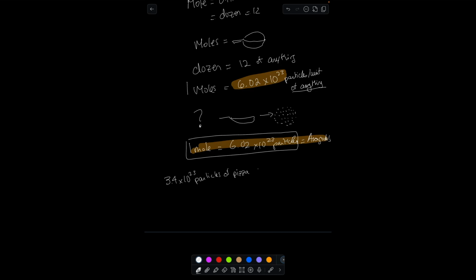So the way to do that is you will just multiply by a conversion factor. This is what we call it. And you would put 1 mole on one side and the particles of what it equates to on the other side. Now, the reason I would put 1 mole of pizza on the top is because I want to reserve the bottom for a unit that is similar to what I'm starting with. Why do I want to do that? Well, I'm going to show you real quick. So if I put 6.02 times 10 to the 23 particles of pizza,